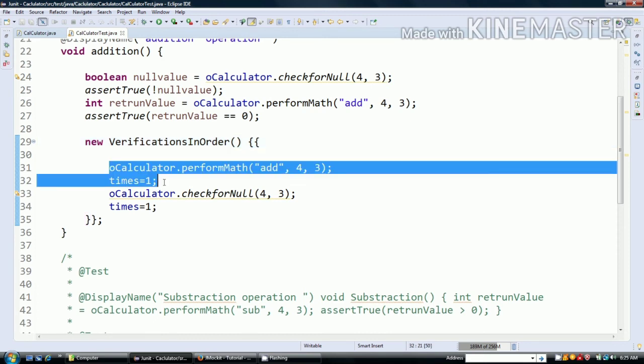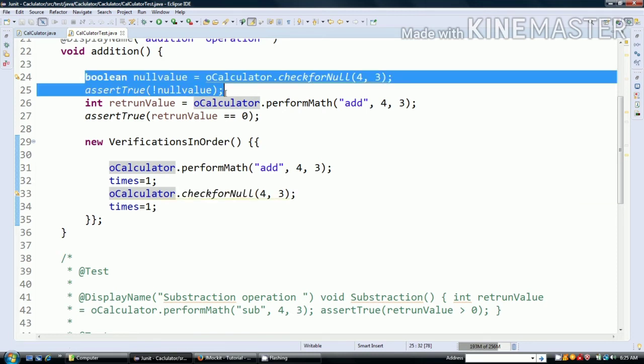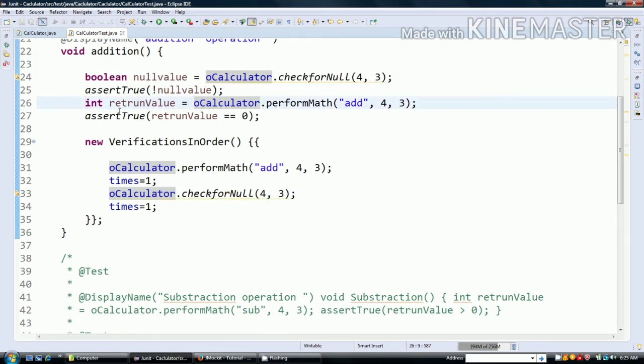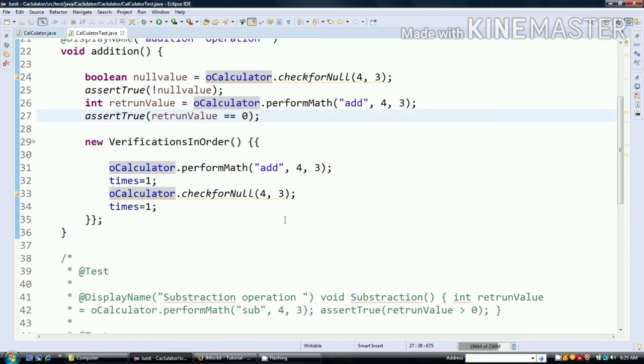You can see here perform math is coming first, check for null is coming second. You can compare with the code: check for null is first, but perform math is second. We did the reverse in verification in order. Basically, it checks the sequence of execution.